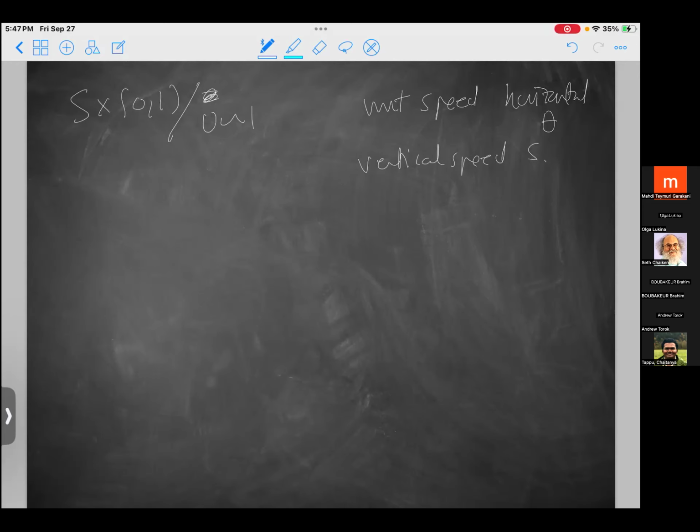There are many ways to normalize. We're not going to do unit speed. We're going to say unit speed in the horizontal direction. We're going to have a vertical speed s. Now,